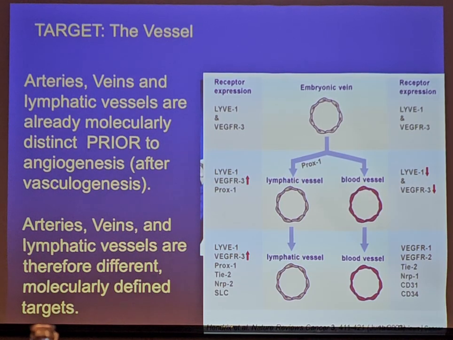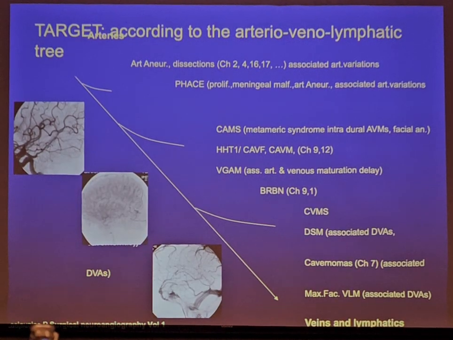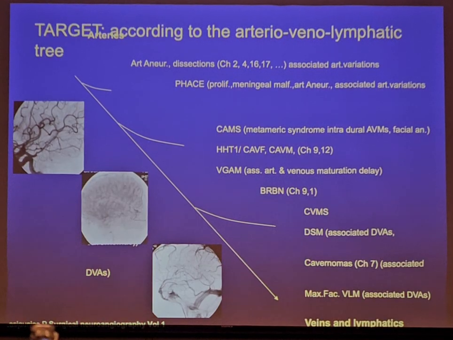Okay? Because if their receptors are different, then certain triggers can only hit the arteries, or can only hit the veins, or can only hit the capillaries. And therefore, you will have diseases that are determined on where they are being hit on the arterial, venous, lymphatic tree. You will have purely arterial diseases, aneurysms, dissections. You will have purely venous diseases, cavernomas. You will have something in between, arteriovenous diseases, i.e. where the capillary bed is being hit. These will be the shunts.